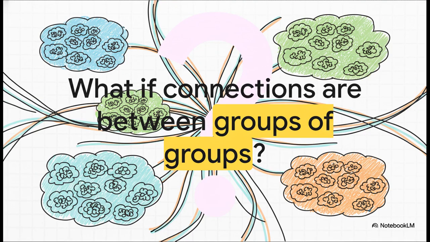We're all used to thinking about connections as a simple line between 2 points. A connects to B. Simple. But reality is, well, it's rarely that simple, right? What happens when a single connection links a dozen things all at once? Or what if the things being connected aren't even individual items, but entire systems?